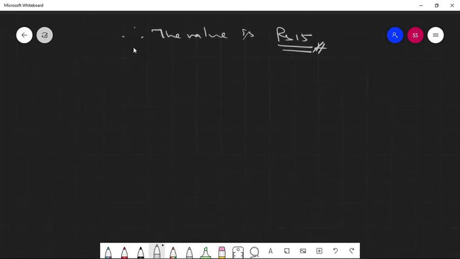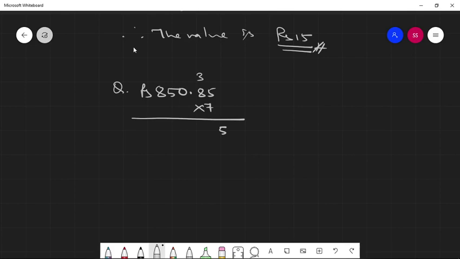Now let me read out and solve another multiplication question, dear students. Suppose we have been given 850 rupees 85 paisa times 7. Suppose we have to multiply that. Like a whole number system, we can multiply. 7 5s are 35, carry over 3, 7 8s are 56, 57, 58, 59, and put the decimal. In this way we can multiply the numbers. It's not a difficult task, but dear students,